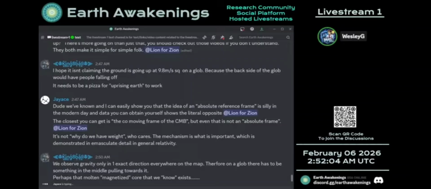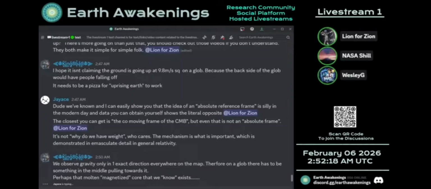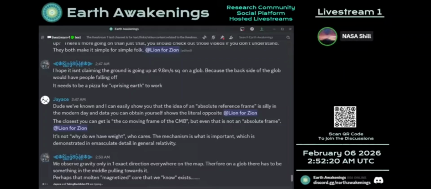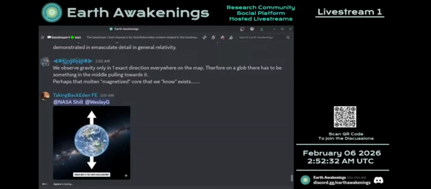Go ahead, NASA. You're up. Force equals mass times acceleration. Why is that difficult to understand? What you call acceleration is a little g. It's just weight. Weight is mass times gravity. F equals ma, weight equals mg. Yeah, we got it. You're begging the question. No, we're not begging the question. Yes, you are. No.